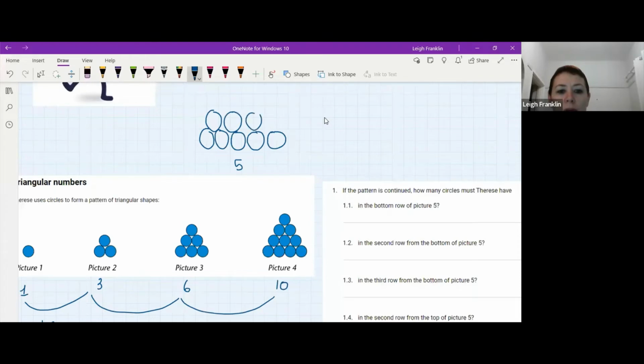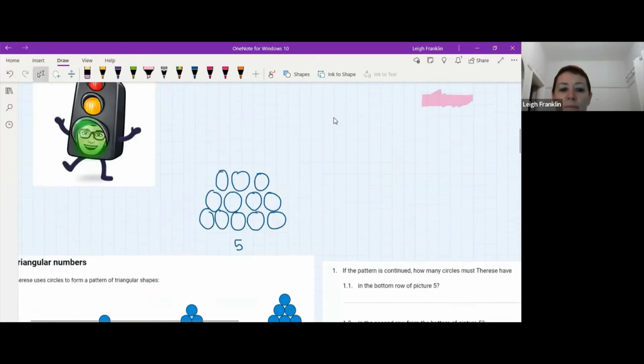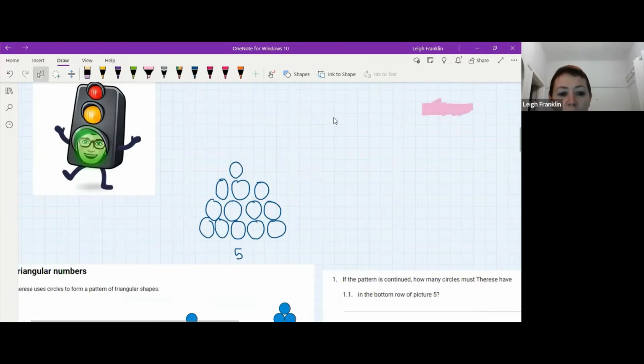In total, yes. Okay, so it's got 4 in its second row, 3, then 2, and then 1. Okay, so we could also work this out by saying 5 plus 4 plus 3 plus 2 plus 1. Okay, and that means that we would end up with